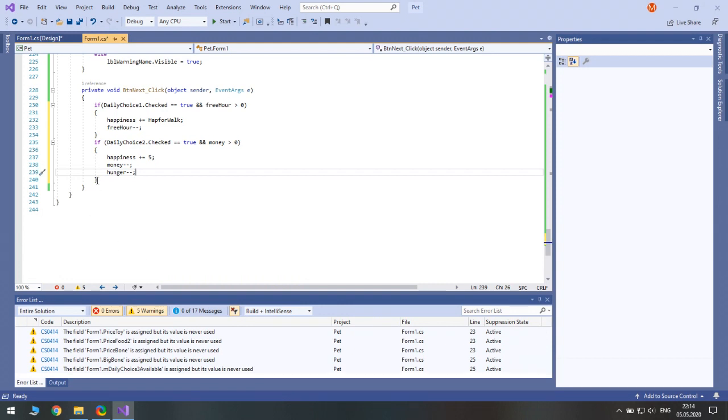Next, if it is daily choice 3, it does not require any resources, so we check.